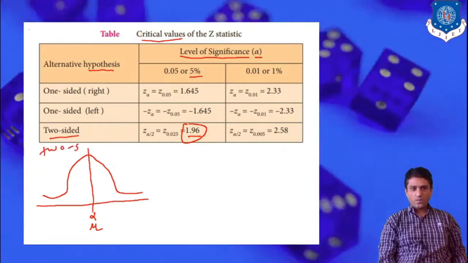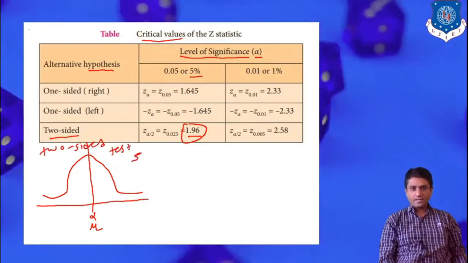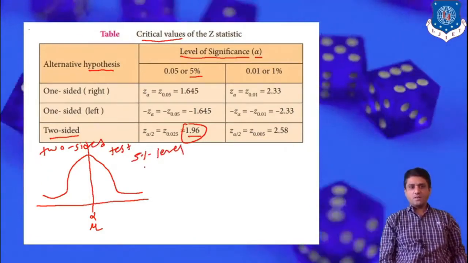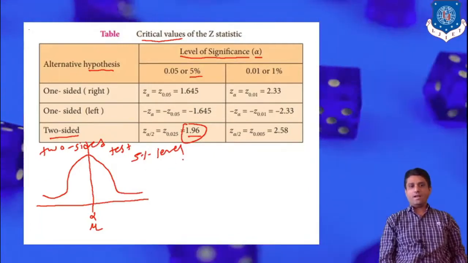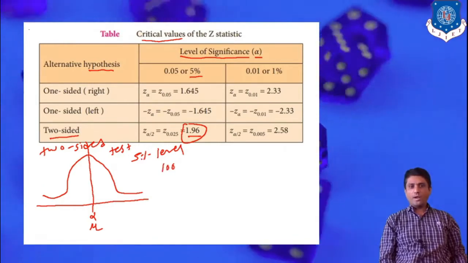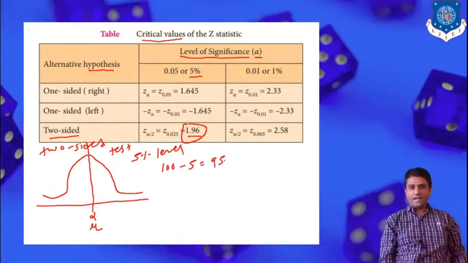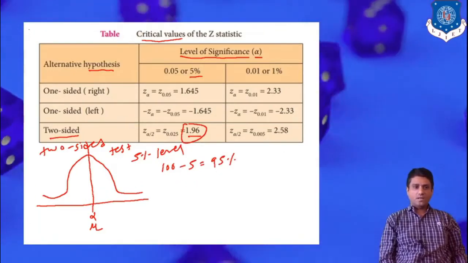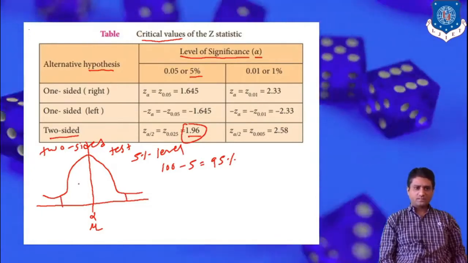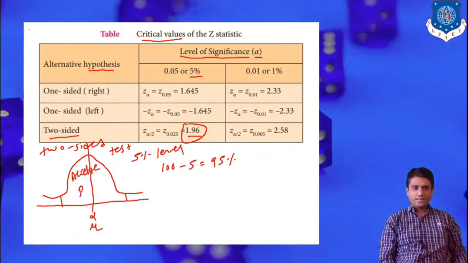That is, we talk about a two-sided test, and we consider 5% level of significance. That is, 5% error should be allowed. So there is a total of 100%, but we allow 5% error. That is, our result is 95% accurate. So more precisely, this is known as the accepted region.